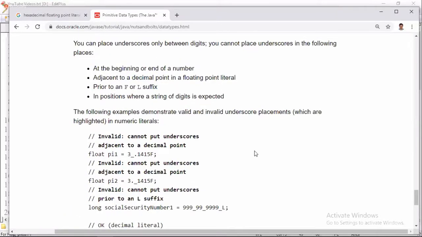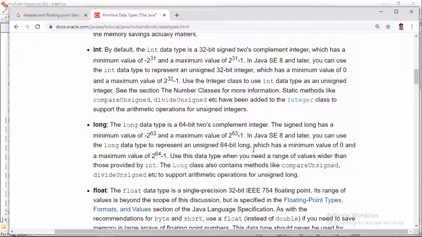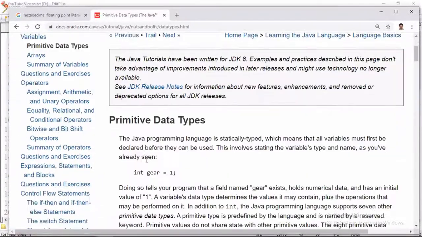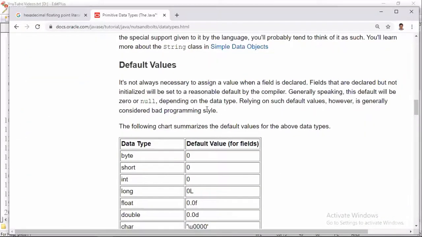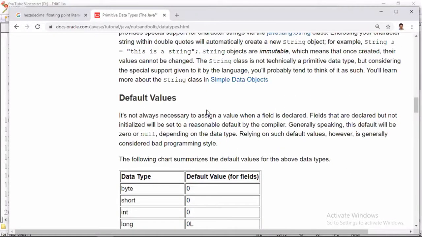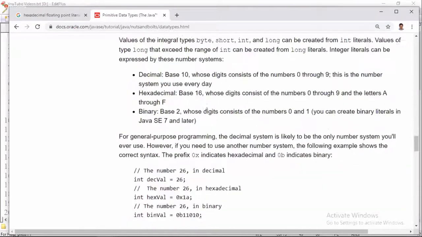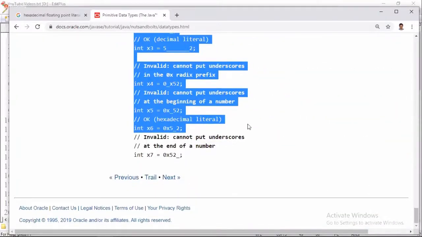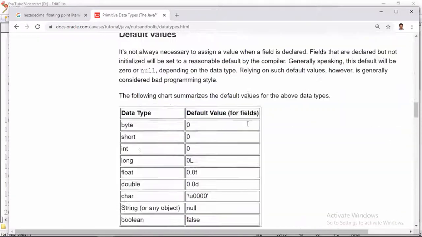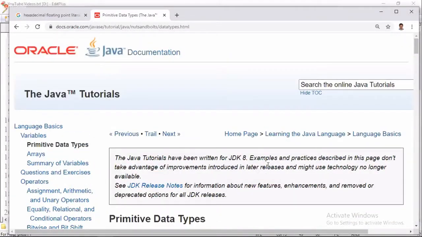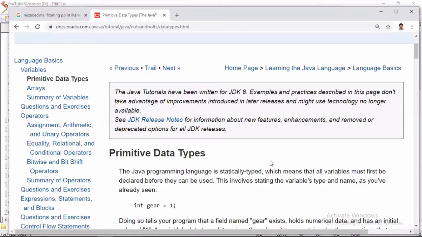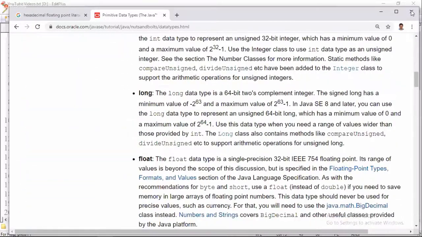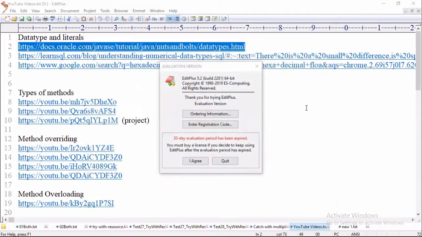Is it clear? So this is the story about data types, literals, types of literals. Sun Microsystems has given only this much knowledge, but I have given you more than this. We discussed more. If you really remember all the points, it will be wonderful. Okay, fine. So this is the basic idea about data types and literals, and the Java 7 enhancements. Any questions?